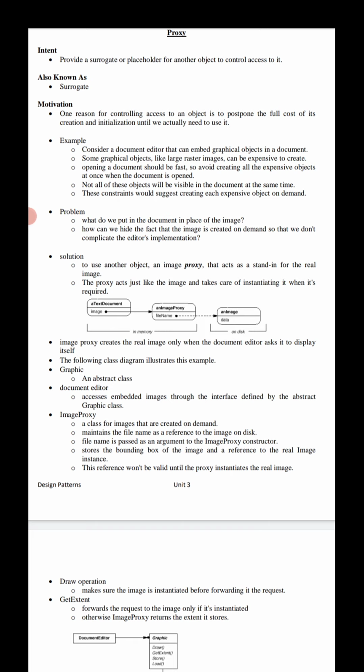The proxy acts just like the image and takes care of instantiating it when it's required. In memory, in a text document, the image will be assigned to an image proxy, whose file name is related to the image data on disk.